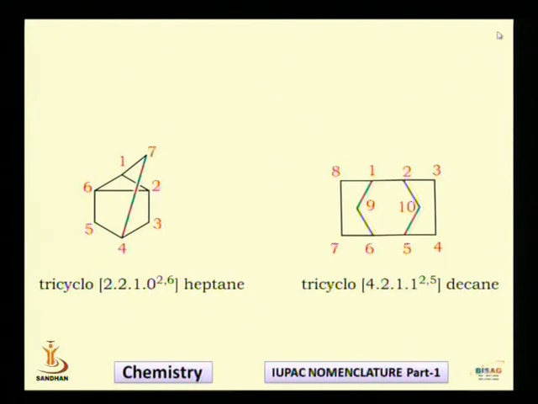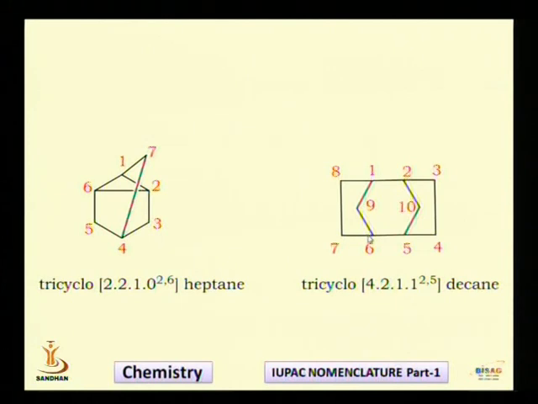So what I told you is that you count the number of carbon atoms in the first half cycle. So this is 1, this is 2, this is 3, this is 4, and I am reaching over here. So this is my first half cycle. When we count the number of carbon atoms in the first half cycle, it is 1, 2, 3 and 4. And that's why I will put the figure 4 over here. 4 indicates that there are 4 carbon atoms in the first half cycle.